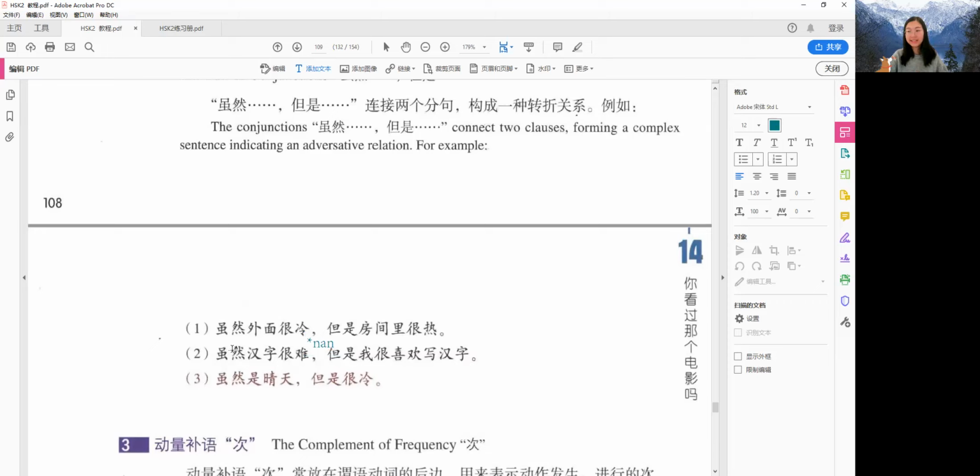So this 虽然 and 但是, although, but, they are opposite. We are going to use the opposite adjective or description when we are expressing something. So although this task is very difficult, I still like it. 虽然这个很难，但是我很喜欢。